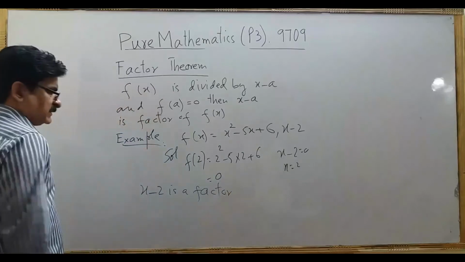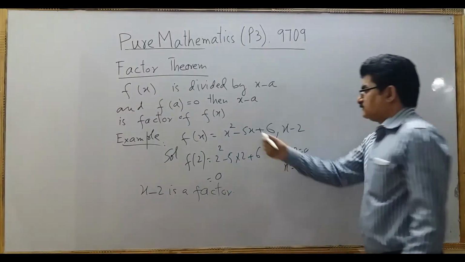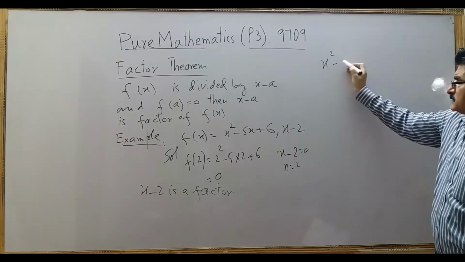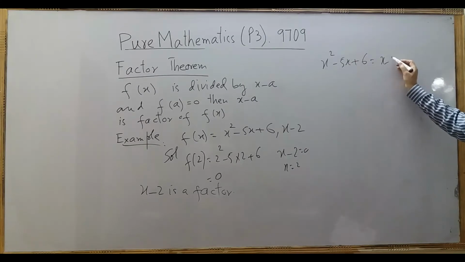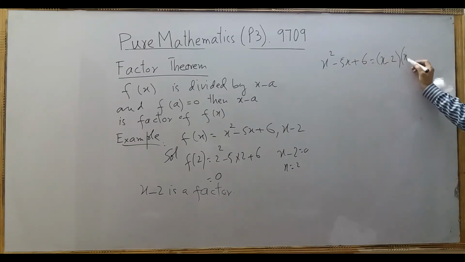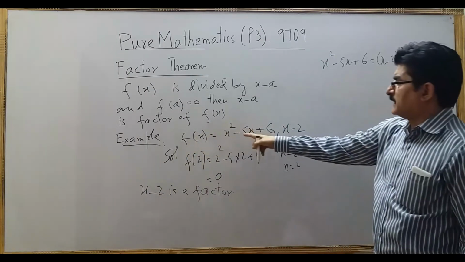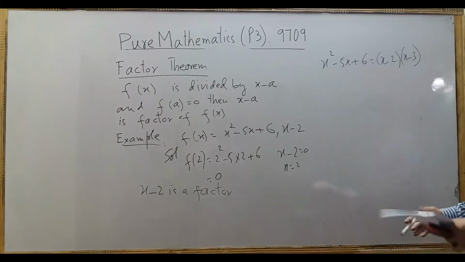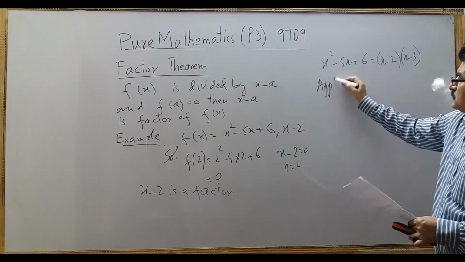which also means that the question is ended over here, but I am explaining that if you factorize this, for example, x² - 5x + 6, you will get (x - 2)(x - 3). So x - 2 is one of the factors of this quadratic polynomial. Now, the application of this you will see later also.